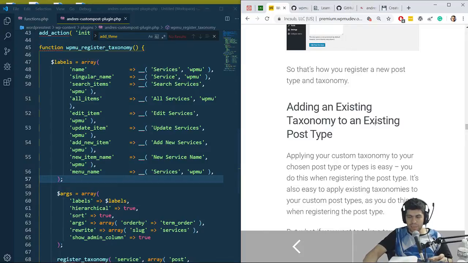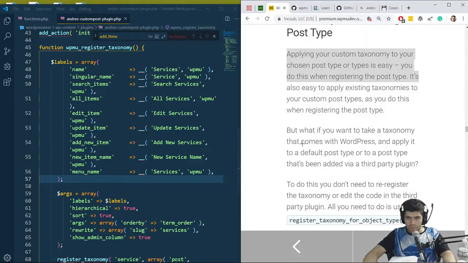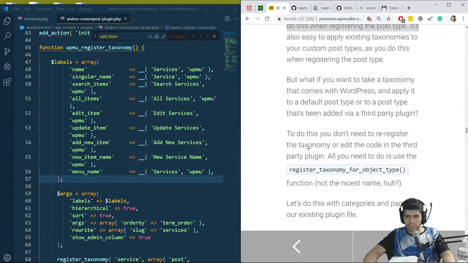Adding an existing taxonomy to an existing post type. Applying your custom taxonomy to your chosen post type or types is easy. You do this when registering the post type. It's also easy to apply existing taxonomy to your custom post type as you do when registering the post type. But what if you want to apply it elsewhere? To do this you need to re-register the taxonomy or edit the code in the third-party plugin. All you have to do,